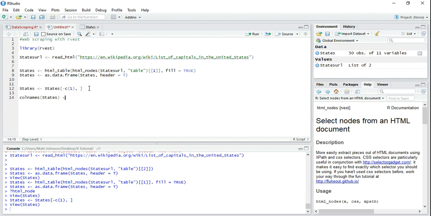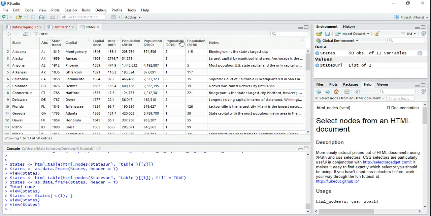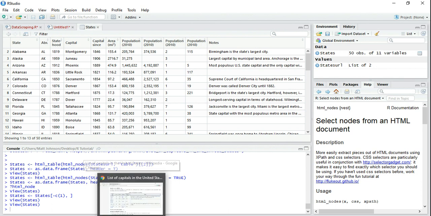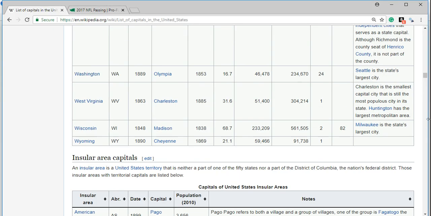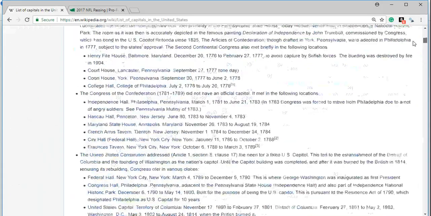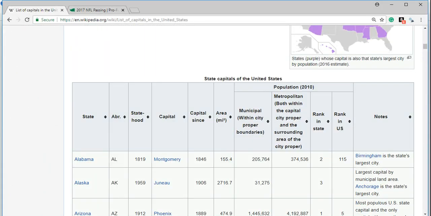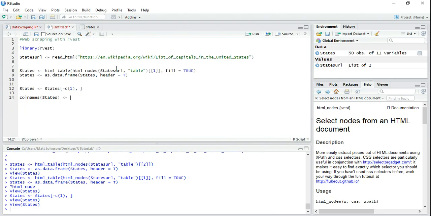Now I'm going to clean up some of these names, because you can see that it pulls it, but it uses the same 3 names here. So if I scroll back up here, I can get these names, and we'll name it, and we'll call it good. So we're just going to go through here,